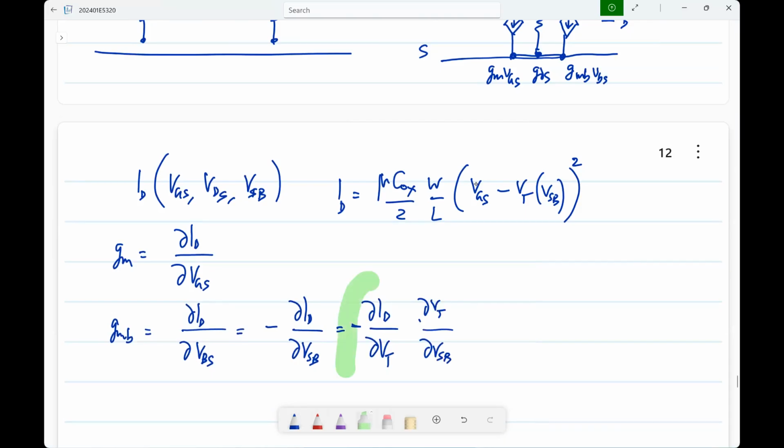Now, how much is this? What is that? I mean, how is it related to some other small signal parameter? What is it? It is GM, right? That's all. So it's basically GM times this, and this one you can calculate from